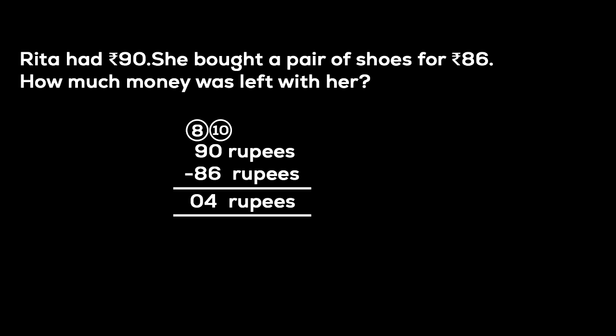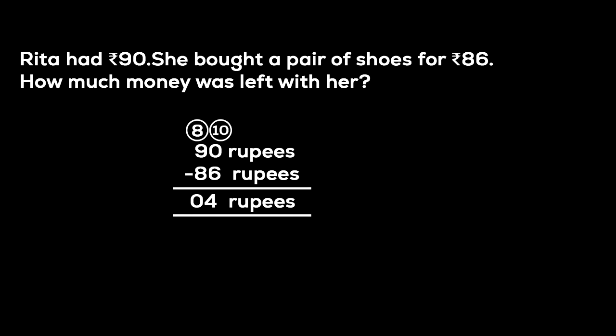As we can't subtract 6 from 0, what do we have to do? We have to take 1 from 9 and it will become 10. Now we are going to subtract 6 from 10, so the answer we will get will be 4. And now as we have taken 1 from 9, the number left behind is 8. So when we subtract 8 from 8, it will come out to be 0.